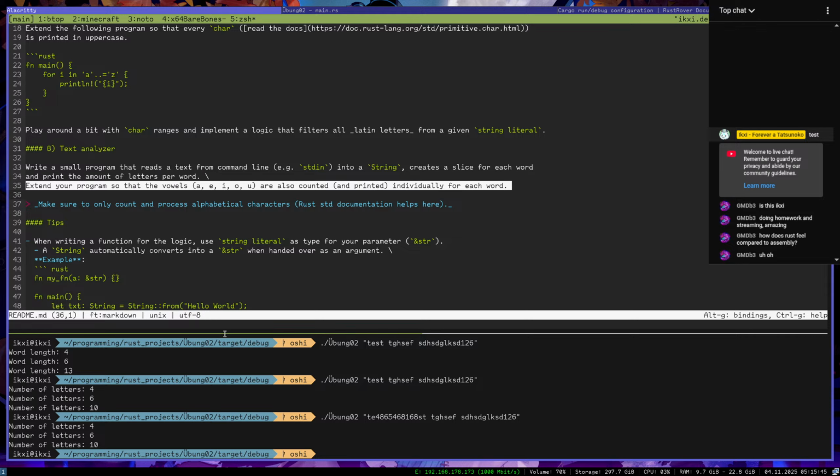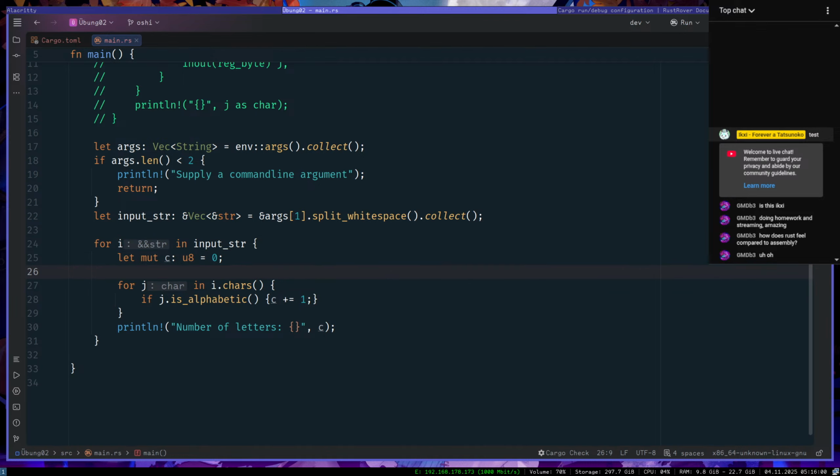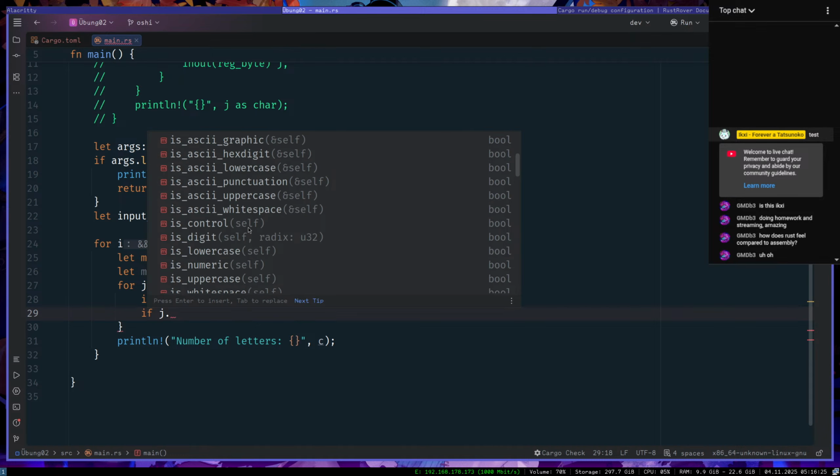Extend your program so that vowels are also counted and printed individually for each word. Okay. Let mut v as u8 equals 0, if j dot... okay, there is nothing for a vowel.